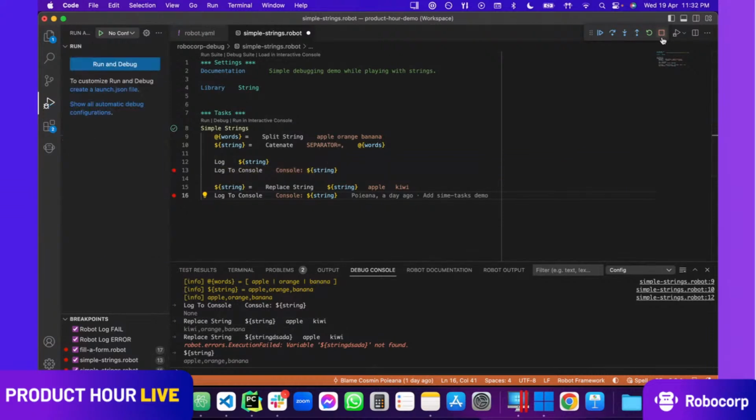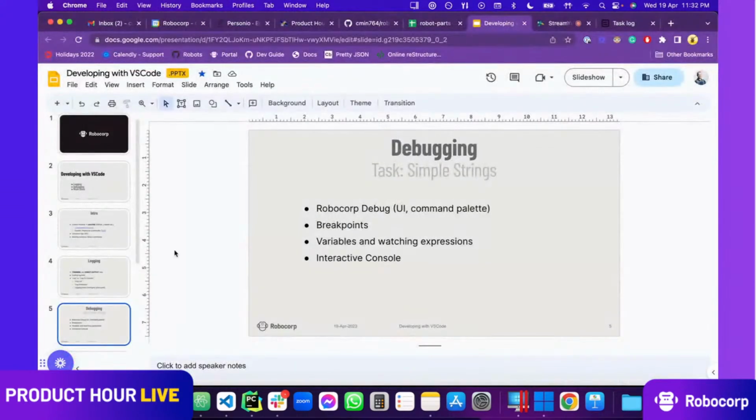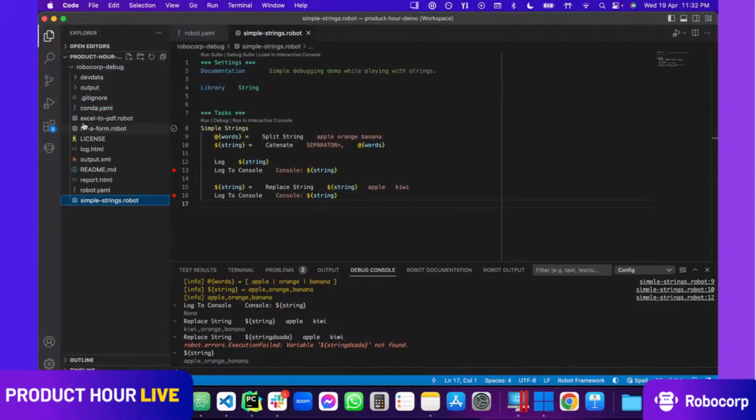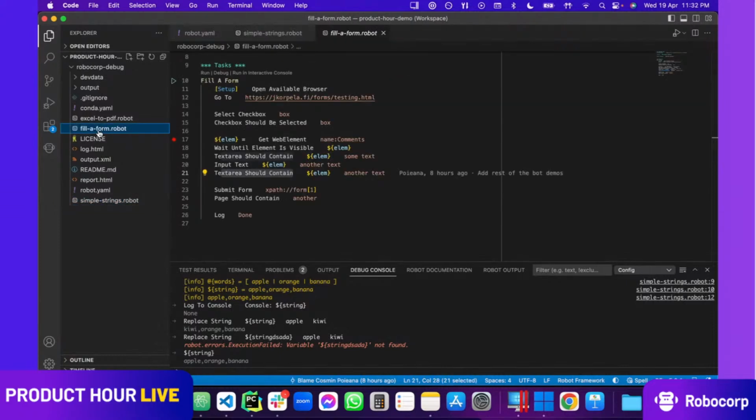I'll be stopping the execution and going to the next example, because this is not actually a real life case scenario, but there is one that might work better for you. So I've got another task called fill a form, and I separated this in individual files to make reading them easier.